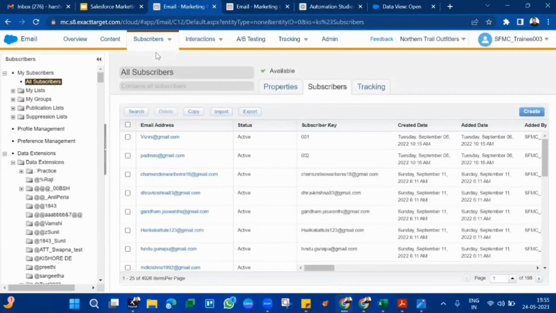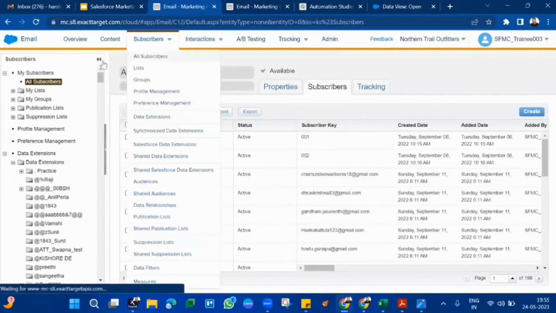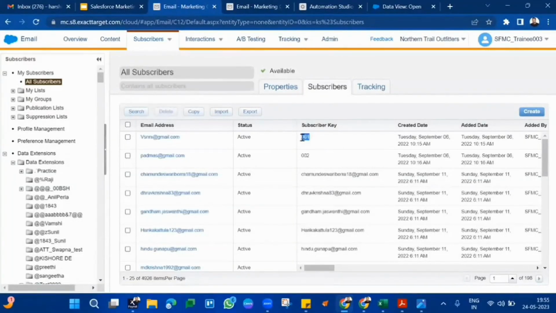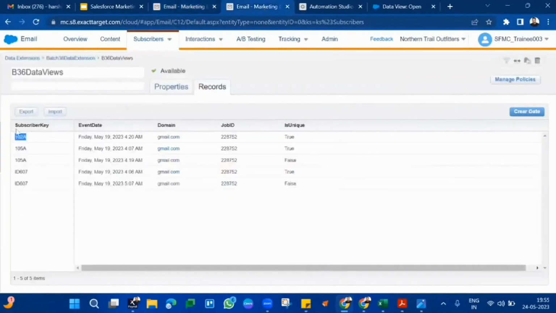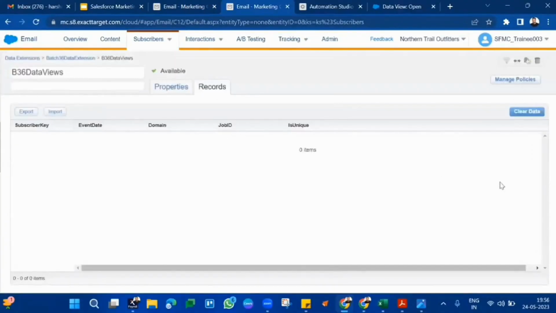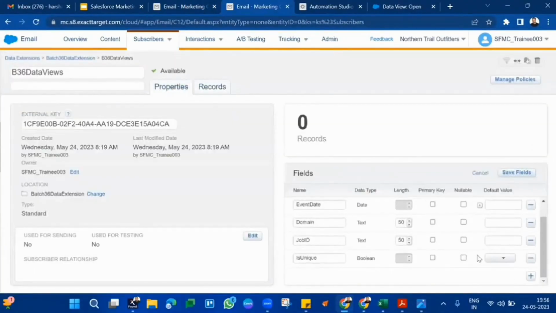If they are in thousands of data extensions, it will be very difficult. But every subscriber is created in All Subscribers, where you have the subscriber key and email address. So you wanted to check how many people opened the email, and you got subscriber keys. Your management is not satisfied. They want the email address also. So you go back to your system, clear the entire data, and as per your management's request, you add